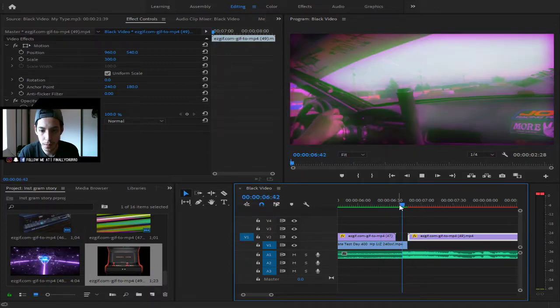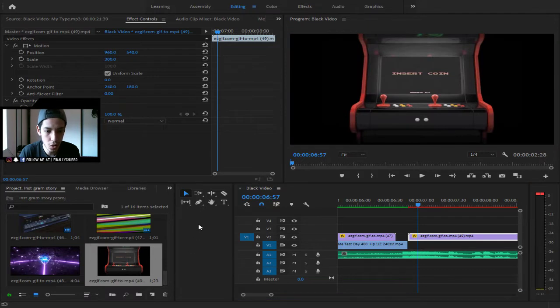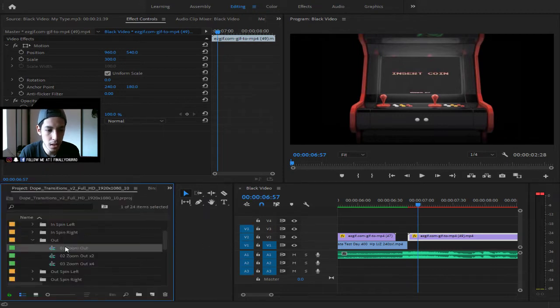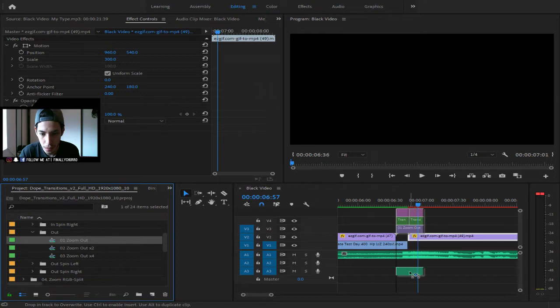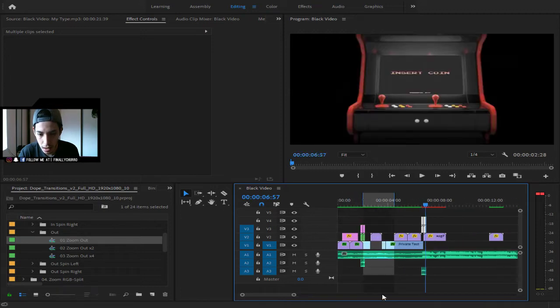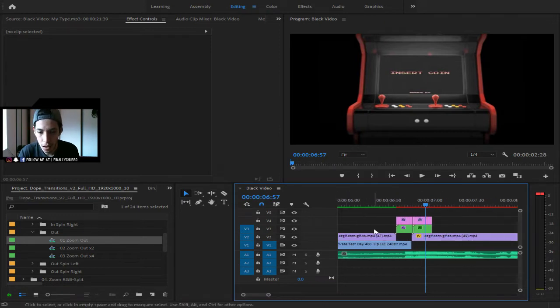So what we can do here is a zoom out. So we'll go to effects. Actually, we'll go right here, this project, dope transitions. We'll go to zoom out, and we'll do another zoom out here. And go ahead and delete this. Drag this down. I don't know. Should I? I think I should delete these. We don't need these. Delete the bottom. We'll go ahead and